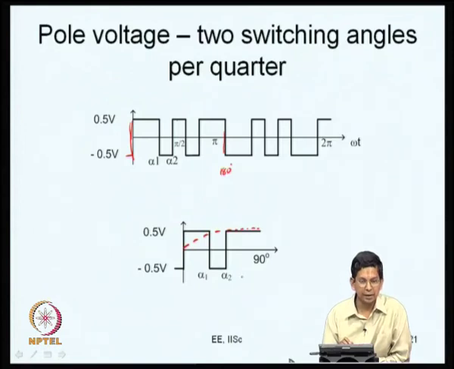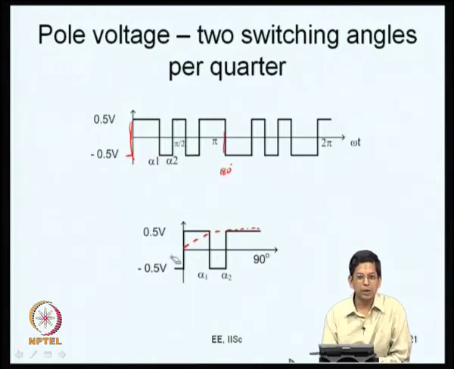In that case, what may happen is the waveform will look more negative. Now, it is clear that we are in the positive half cycle. We are looking at 1/4 of the positive half cycle of the voltage waveform. If the gap between alpha 1 and alpha 2 is very large, this will look like a quarter in the negative half cycle, and indeed you may have your voltage waveform like this. It depends on the relative values of alpha 1 and alpha 2. So, let me just clear this up. I just wanted you to be aware of this.